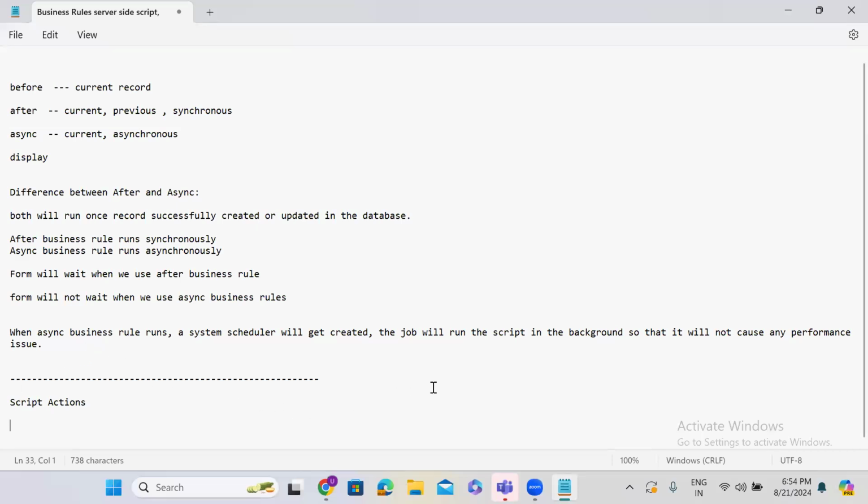That script actions concept you won't be able to understand now. To make you understand the script actions concept, I have to explain another concept called the events concept. So what exactly the solution here is, guys,